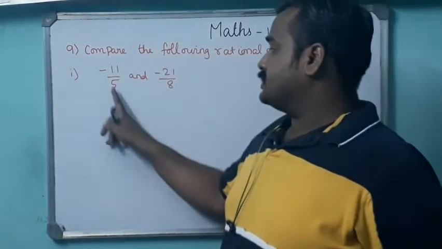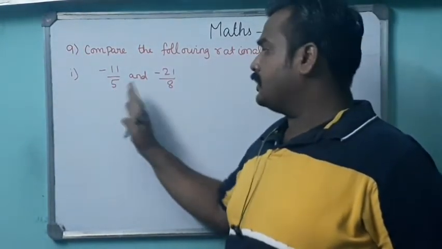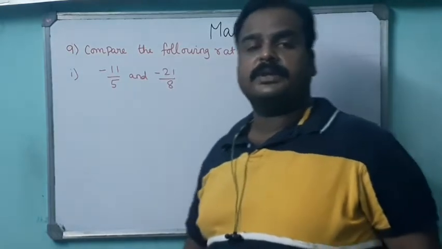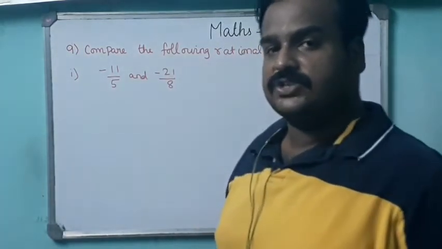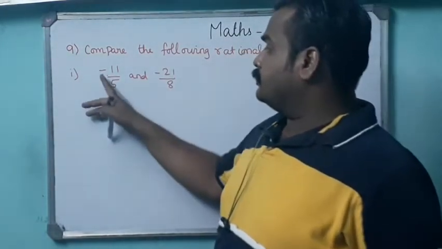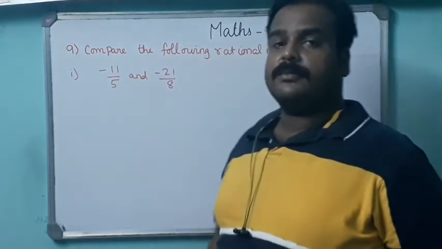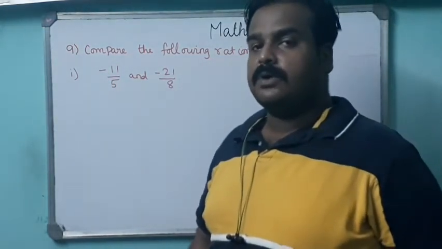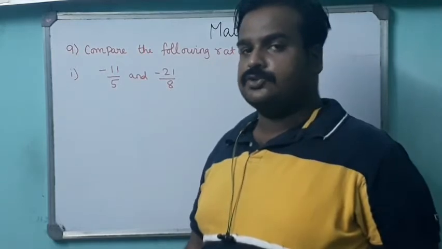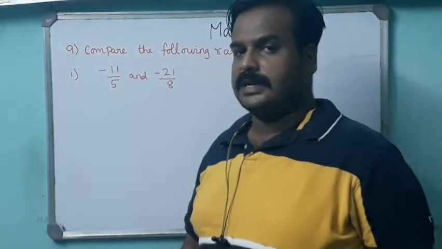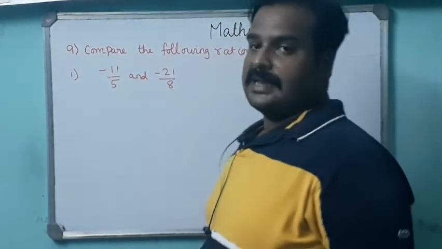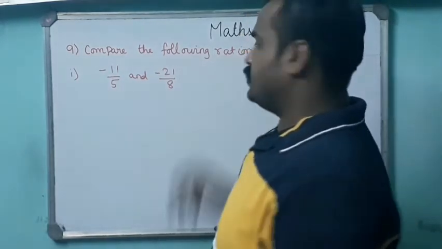the rational numbers. You know very well that any number of the form p by q, that is a fractional number, is nothing but a rational number. The p and q, that is the numerator and denominator, can be either a positive or a negative integer. It's not necessary that you should be only positive. It's not necessary that you should be negative. It can be either positive or negative. So these two are definitely rational numbers.